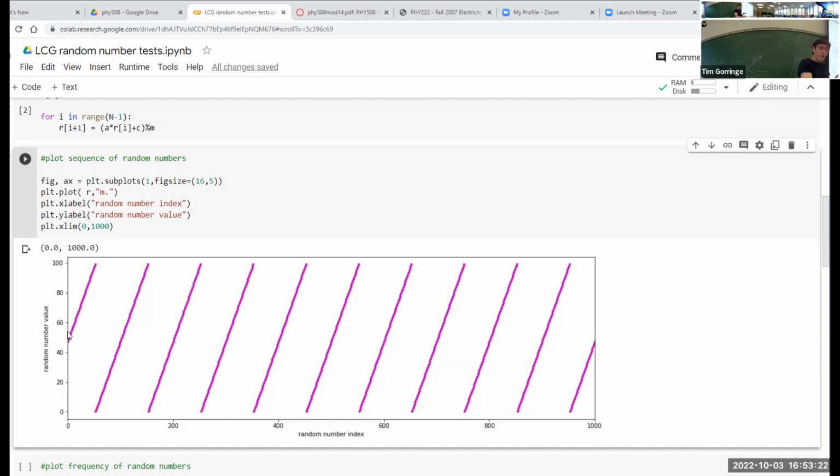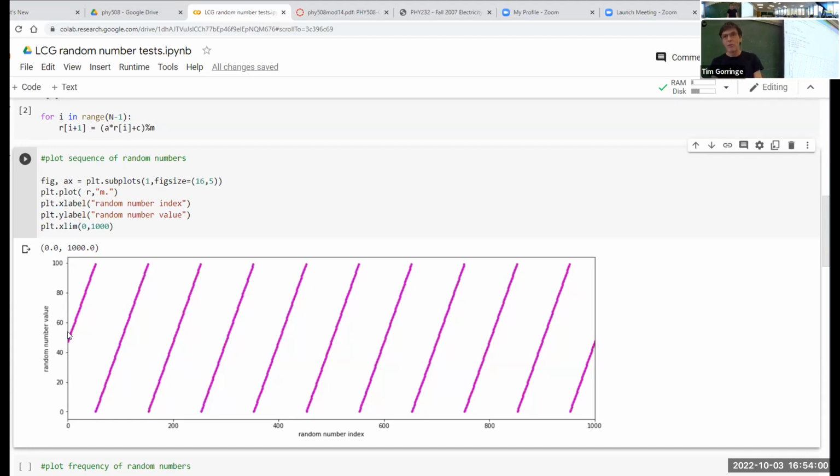When we calculate the remainder by division by M, which was 100, that remainder will keep incrementing until you get to 100, and then it'll be reset back to 0. And so all we've done with this choice of parameters is obtain a recursive algorithm that increments from 0 to 100 and back to 0 and up to 100 and so on and so forth. So this is clearly not a random